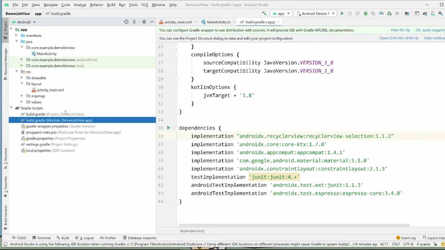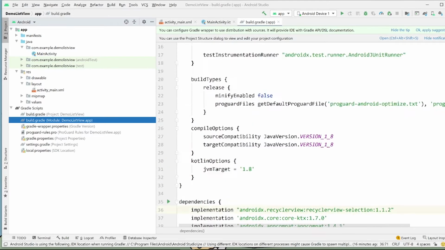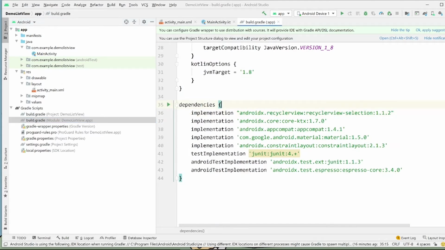And then the module. There's a Build Gradle for the project, and there's another one for the module. The module is the one where you import the libraries. So you scroll to the bottom, and in the dependencies section, you have to include this line in order to call the program with RecyclerView. You don't have to memorize it. Whenever you need it, search online for the dependency implementation line that you need to copy over to here.